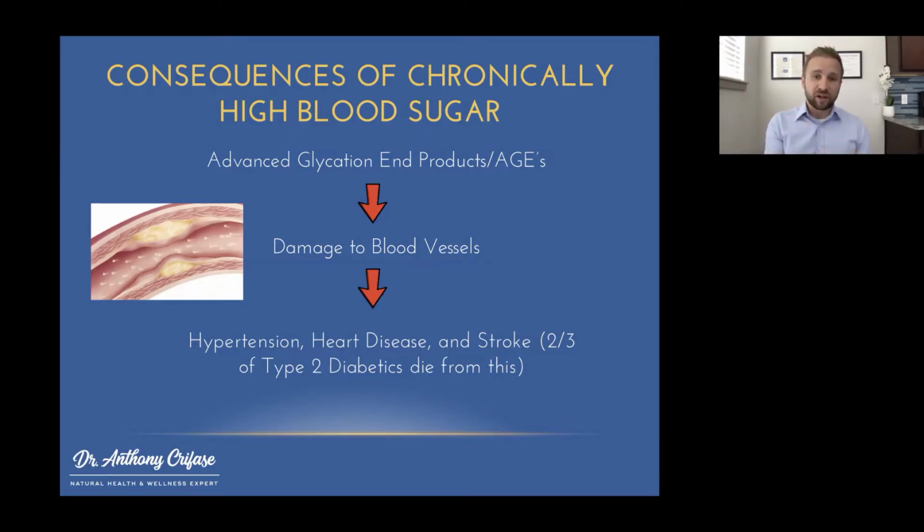This damages your blood vessels. It can damage your heart, your arteries, everything, your veins. This leads to hypertension, heart disease, stroke. Two-thirds of type 2 diabetics actually die from this. This is why many diabetics have peripheral arterial disease. They have peripheral neuropathy. They have